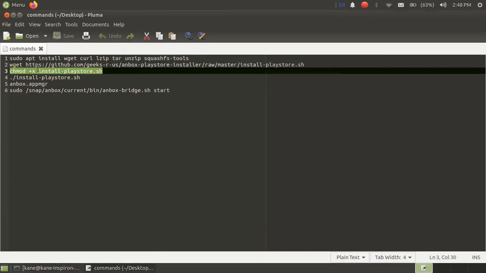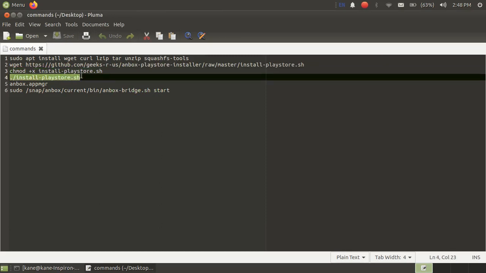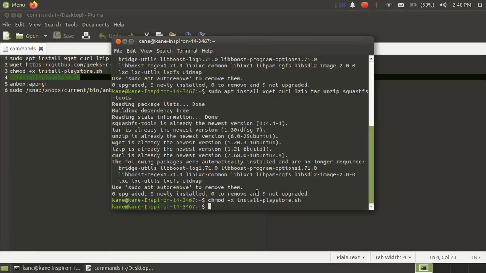So now we need to execute that file. This is the last procedure. I will not press enter because I have already installed Play Store, but this is the last process to install Play Store. So we'll just execute this playstore.sh file, and you just press enter.